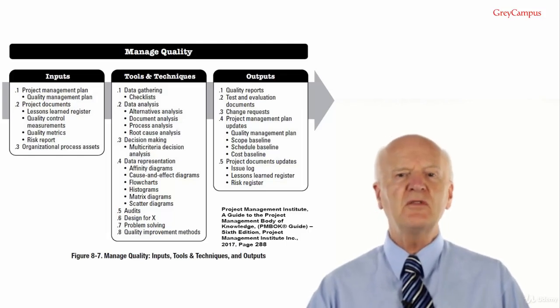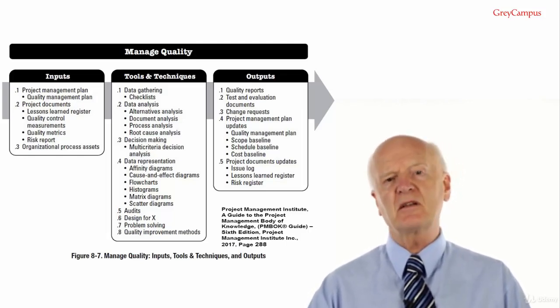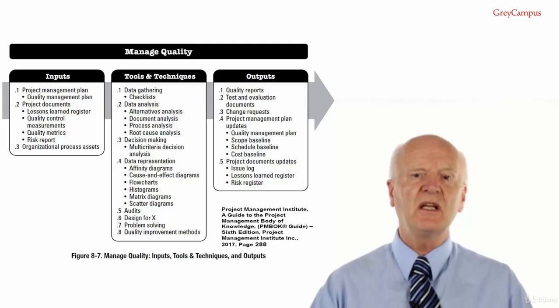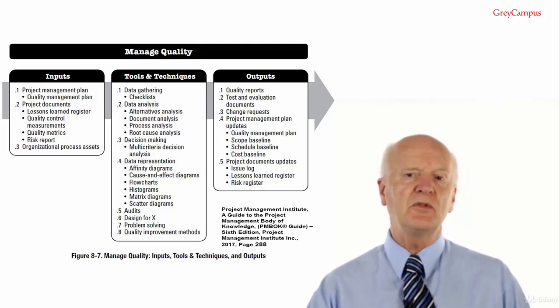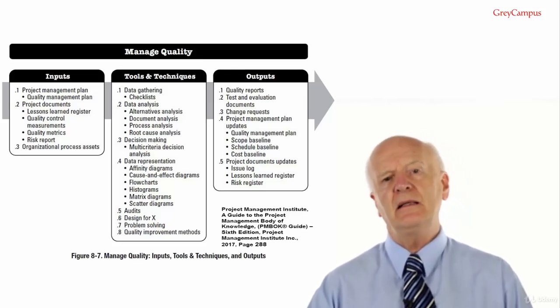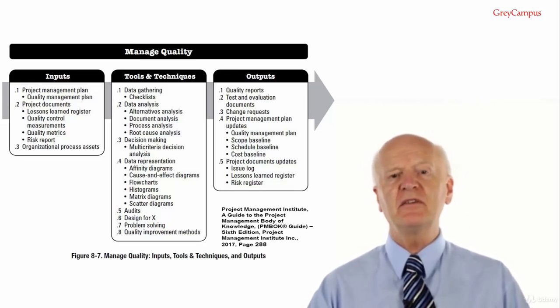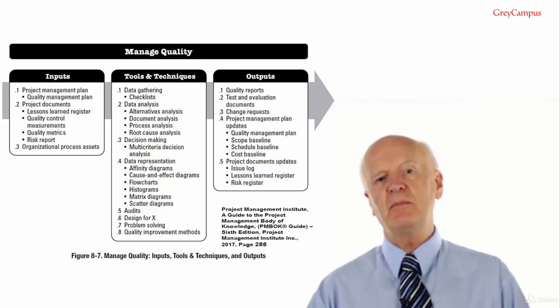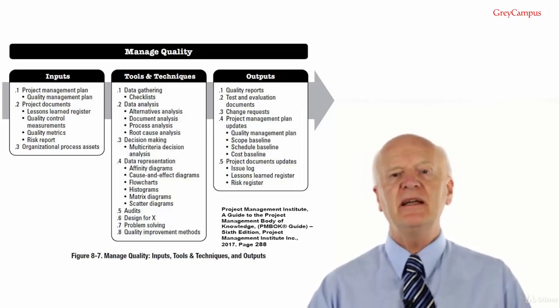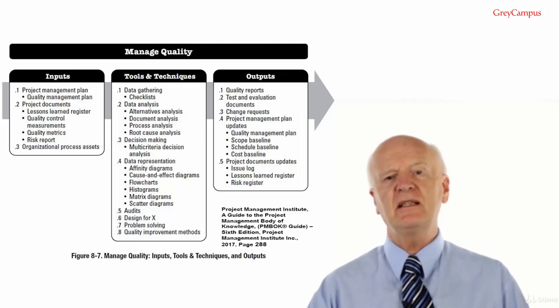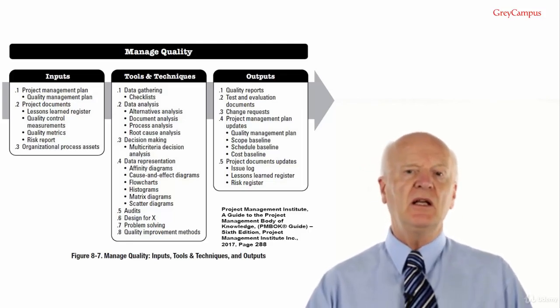A quality audit is usually conducted by a team external to the project, such as the organisation's internal audit department, the project management office, or by an auditor external to the organisation. Quality audit objectives may include identifying all good and best practices being implemented, identifying all non-conformity, gaps and shortcomings, sharing